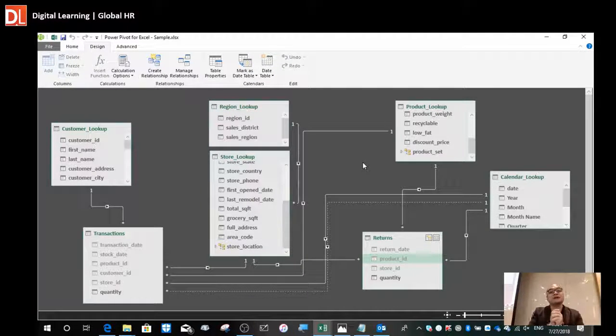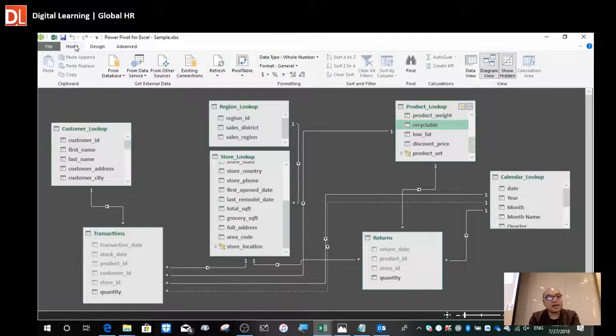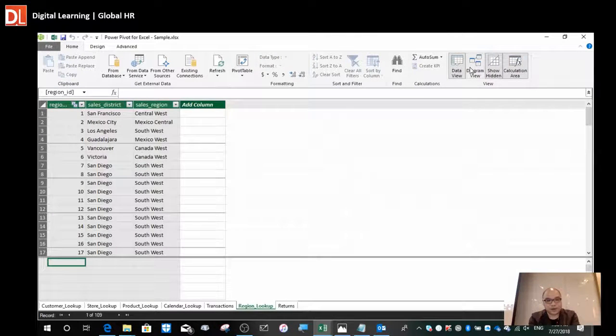Now I would like to do some further analysis for each table. Let's have a look at the product lookup table. Fall back to the home and data view, and then over here,